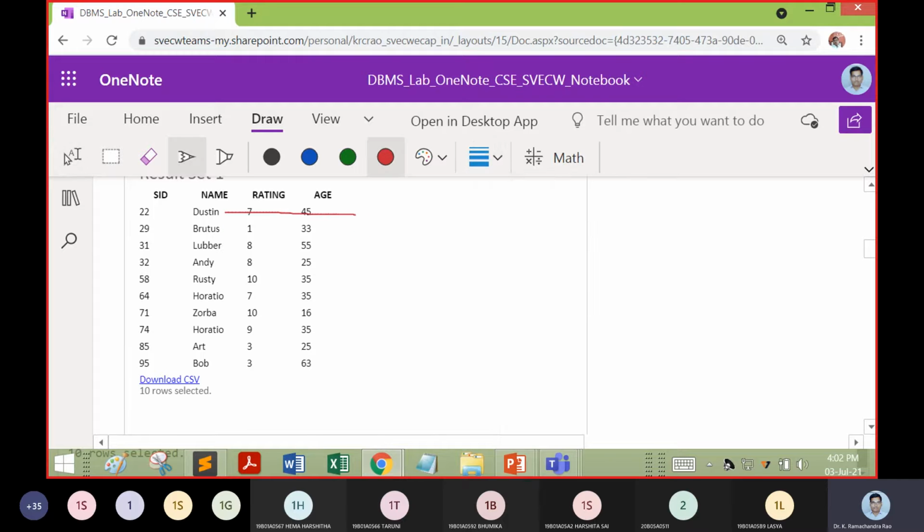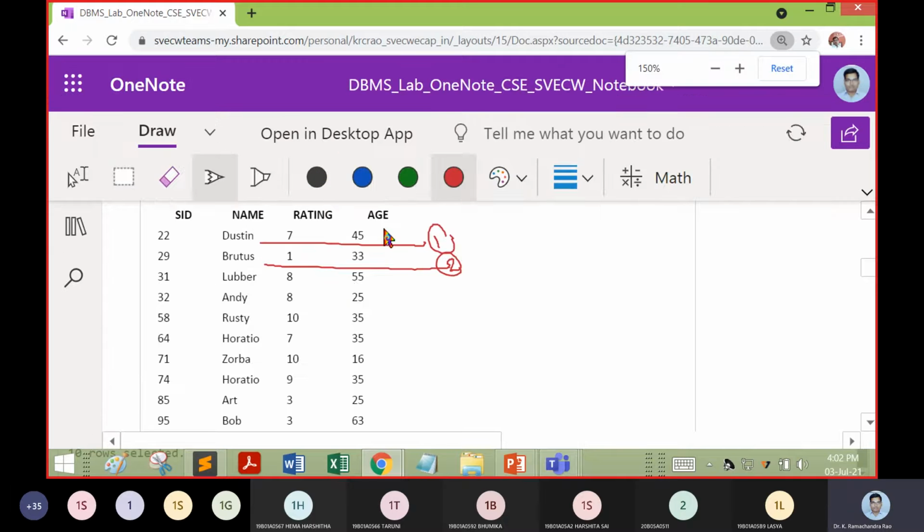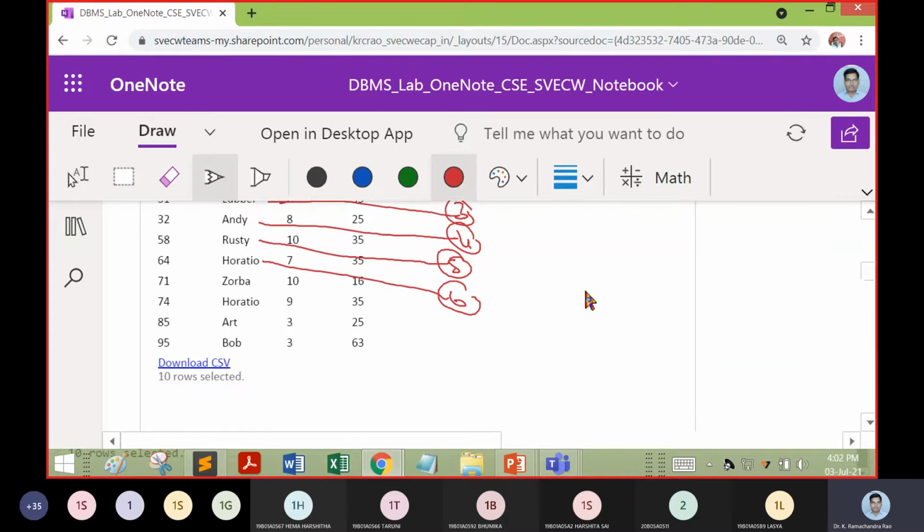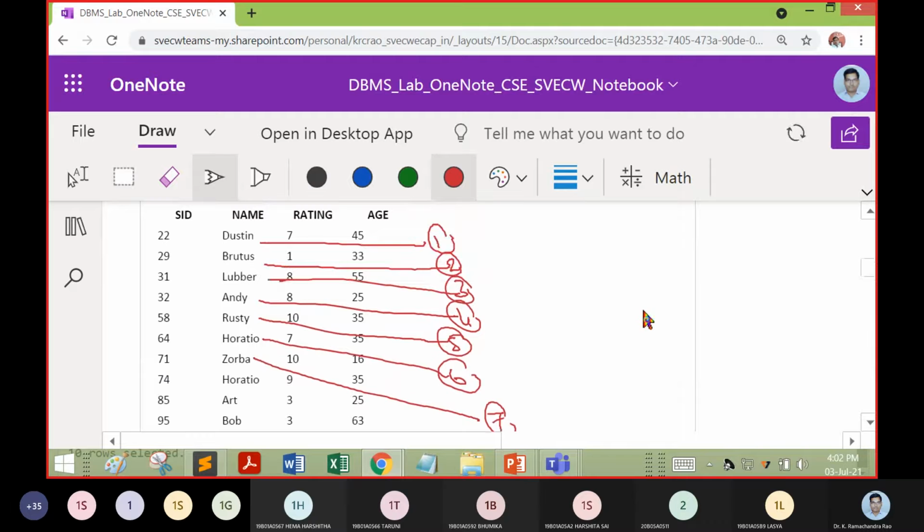Now you can understand from the result set: Dustin is 1, Brutus is 2, then Lubber is 3, Andy is 4, Rusty is 5, Horatio is 6, then Zorba is 7. Horatio is already there, right?